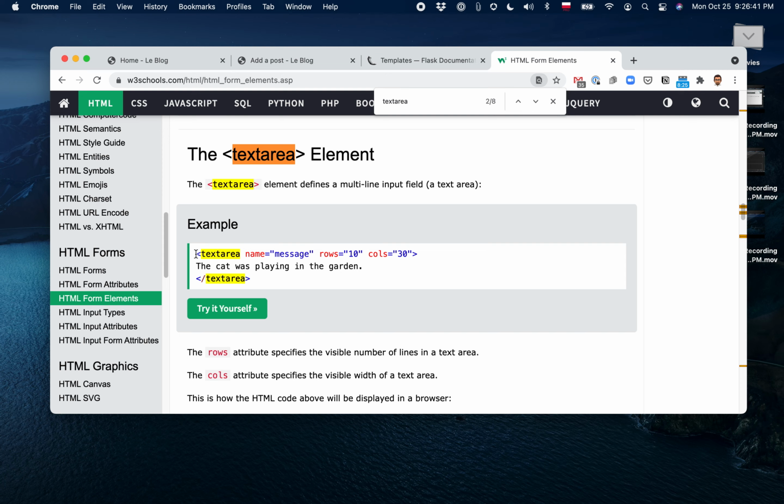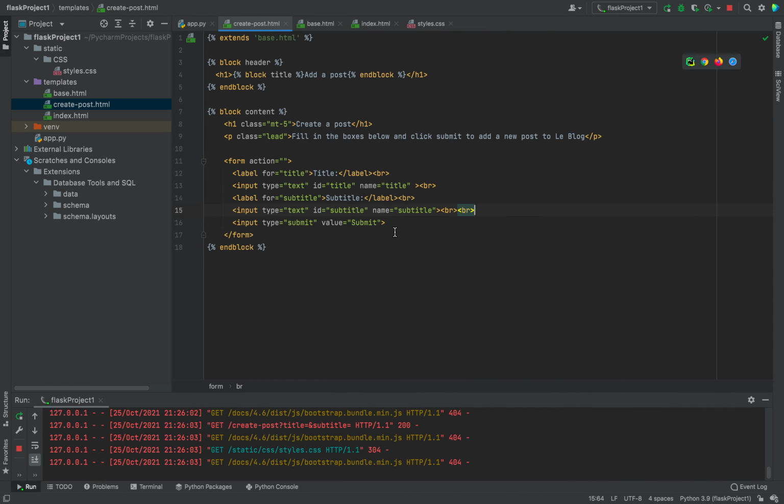Oh, and we can put the name of it, and then if we want any basic text in there. So here we go, title, text area. We can omit the standardized message there, and we will call it